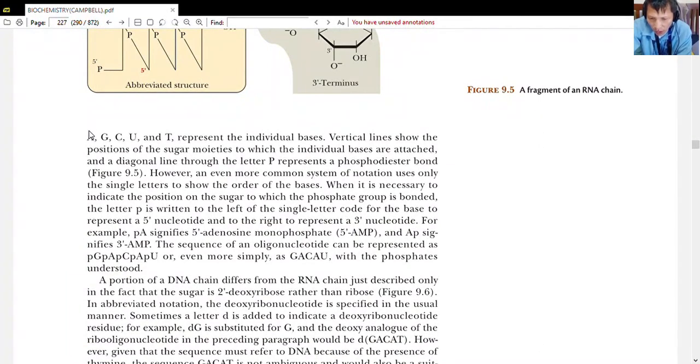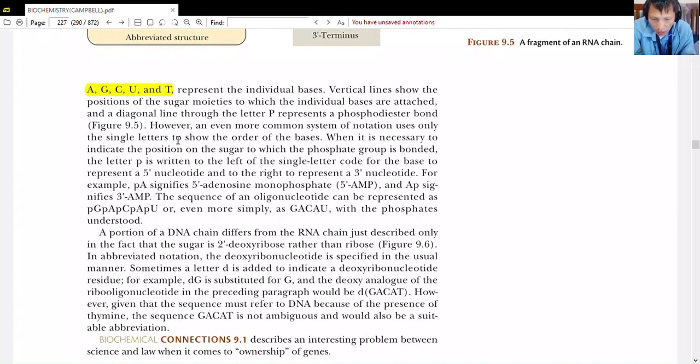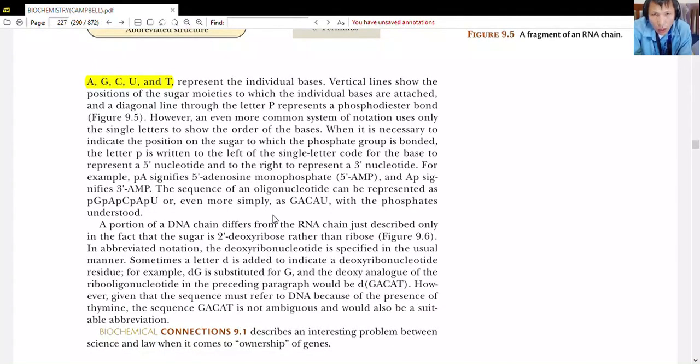There is also a simplified naming. Just like your different amino acids, we have one letter names. We also have them for ribonucleic acid: A, G, C, U. A stands for adenine, G for guanine, C for cytosine, U for uracil, and T for thymine. And then you have your polymerization, meaning if they already hook up, so you have this representation.